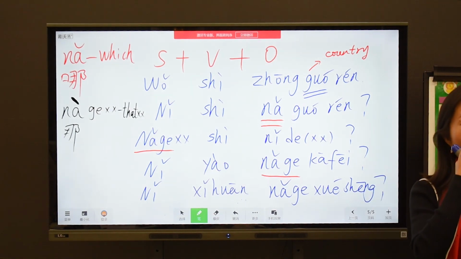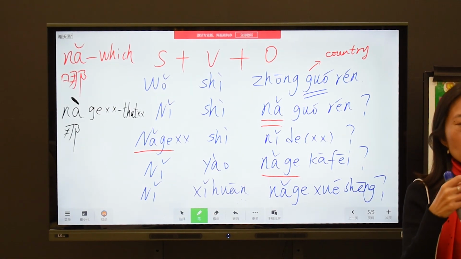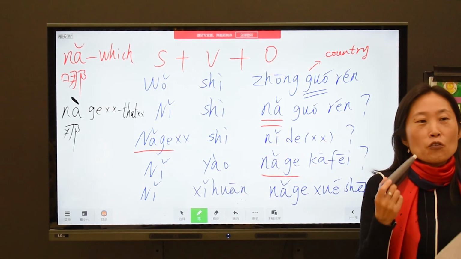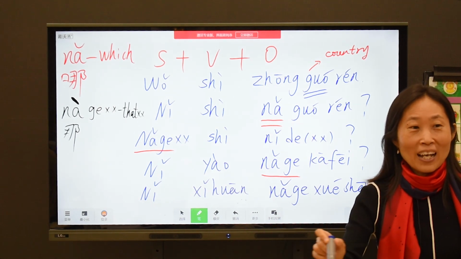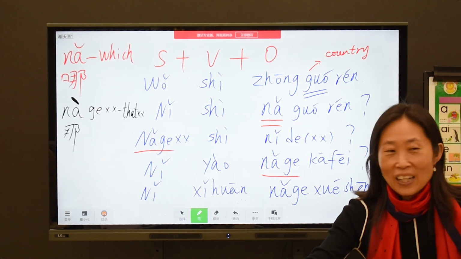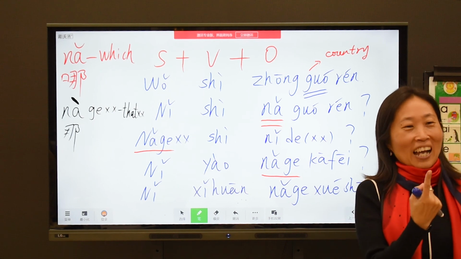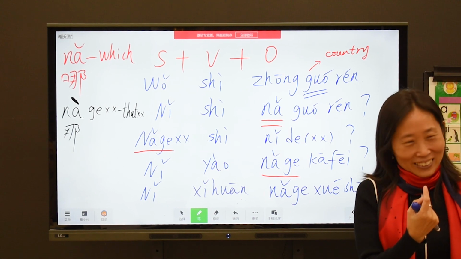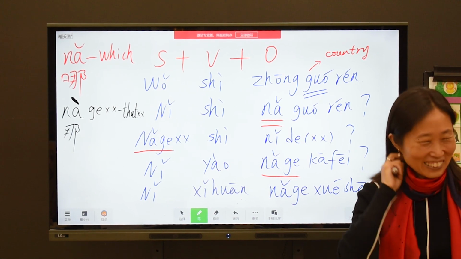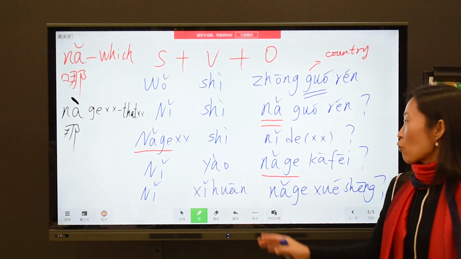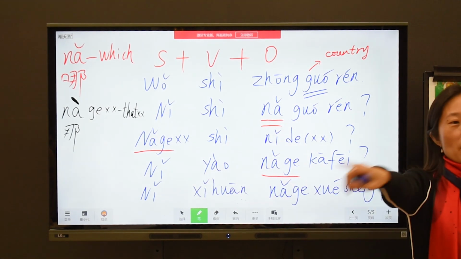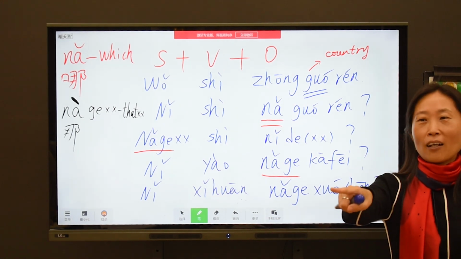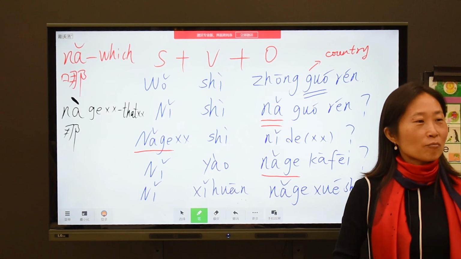Na ge is what you always say with many. Because na means which one. If you use this one, it means there are more than one, right? That's why you ask, say, which one do you like, right? If only one, no need to ask, right? But na ge cafe, so it means that there are many. Yes. It's just an example, right? For example, this one asks the teacher. Teacher has many students, say, 老师, so 你喜欢哪个学生? So which student do you like, right?